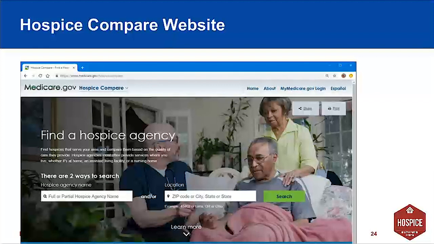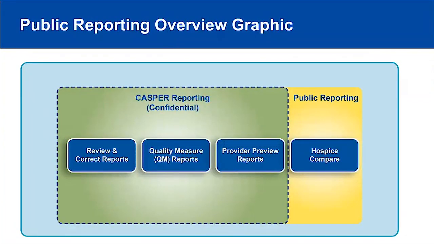Potential patients and families can get an overview of the providers in their area and decide who to call based on their findings, and they can compare the quality data, the services offered, and also see the dates that a hospice agency was first certified. Like other CMS Compare websites, the Hospice Compare website will in time feature a quality rating system.